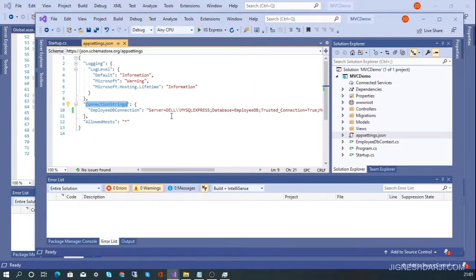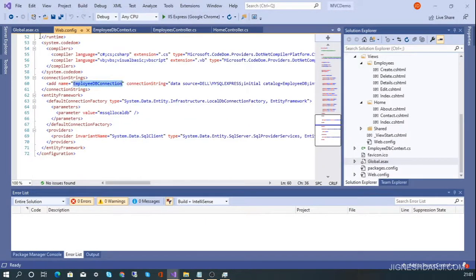Okay, so let's get started with the other stuff in this particular project, how you can convert this MVC project to a core project. First thing, as I told you, you have a global.asax file in this MVC project. We don't require the global.asax file in this core project. So we need to remove this global.asax file and handle all the startup tasks in the startup.cs file in the ASP.NET core project.